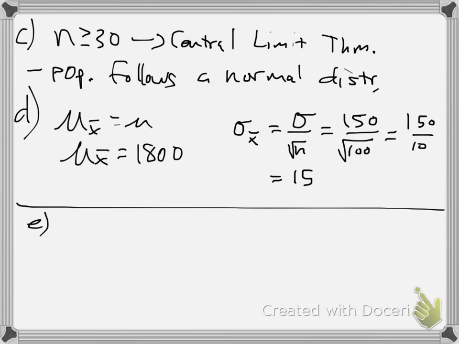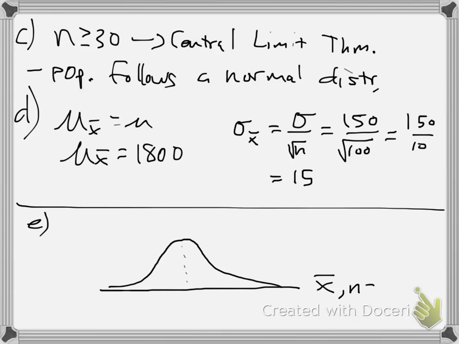We're asked to sketch a bell curve of the sampling distribution of x bar, including plus or minus 2 standard deviations. So again, this is going to represent all the sample means of choosing 100 people. So, hi Black Cat. So for instance, what we mean by this, for instance, is that